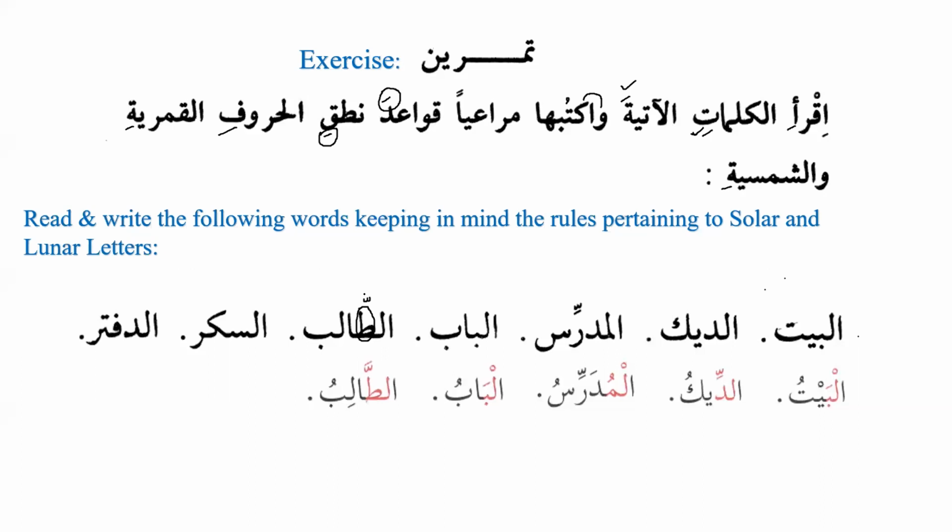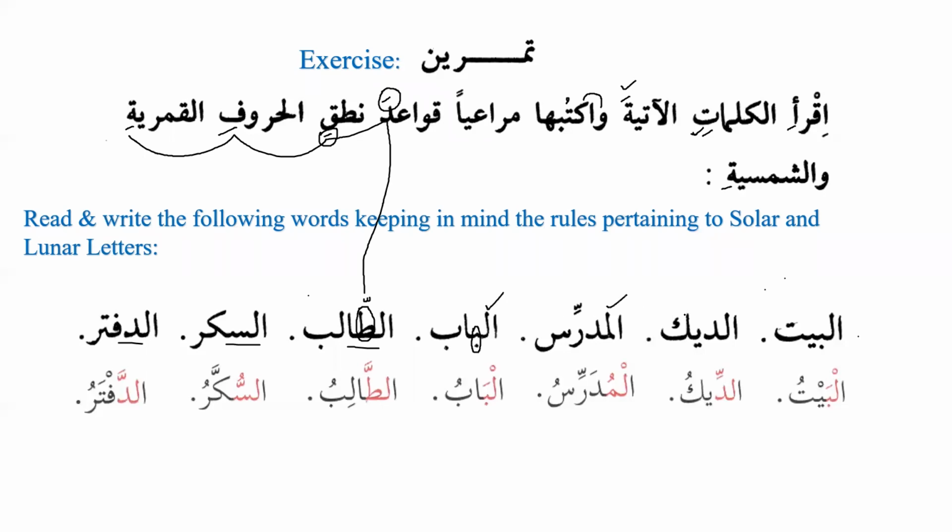And that is what I told you, that you don't need to worry about these harakat, these vowel signs. Inshallah, with the passage of time, slowly but surely, you will be able to place them by yourselves. Then we have sugar. As-sukaru or al-sukaru? As-sukaru, excellent. Daftaru, al-daftaru or ad-daftaru? Ad-daftaru. And the reason is because dal is the sun letter, sin is the sun letter, ta is the sun letter, but ba is the moon letter. So we have to focus on the letter that comes after lam.